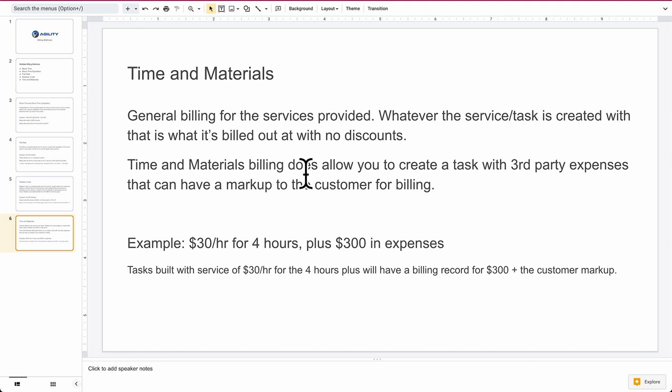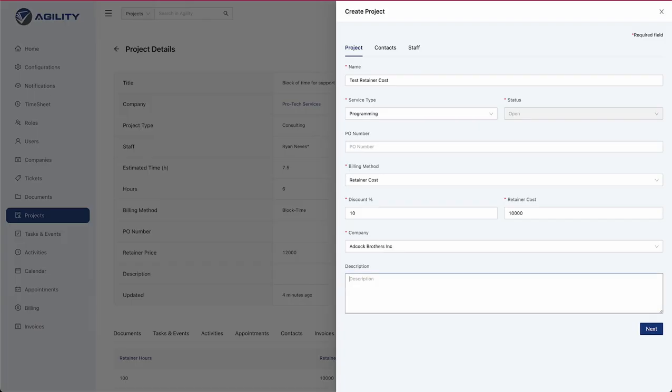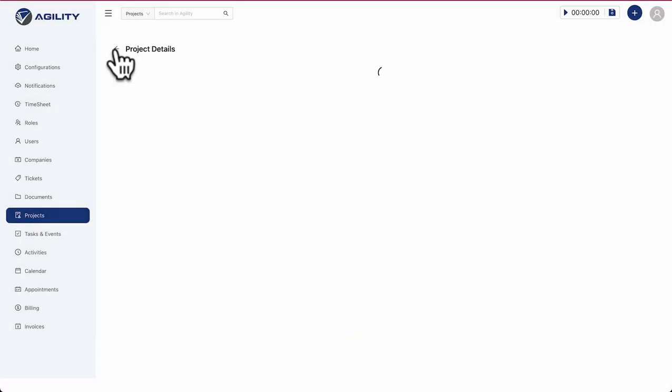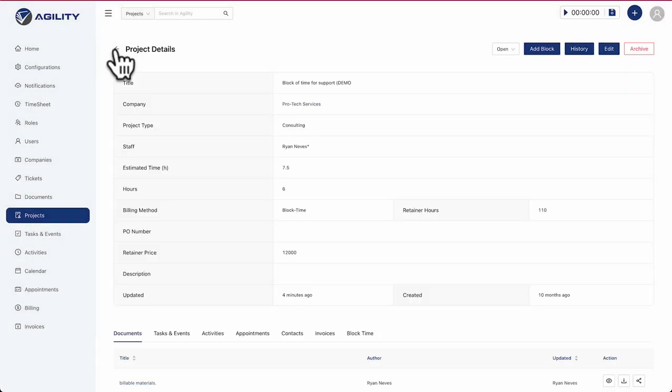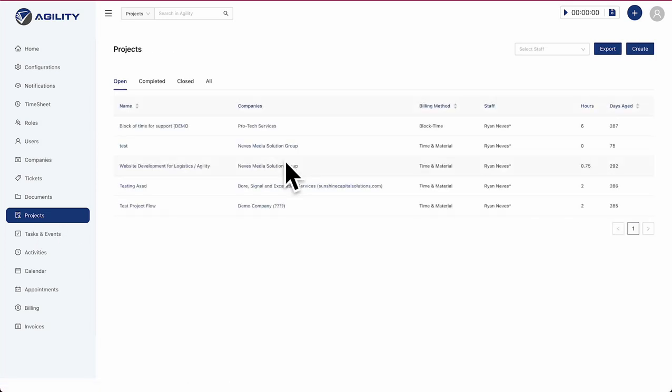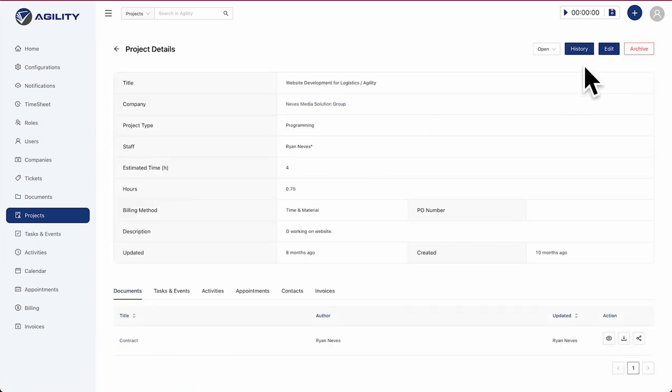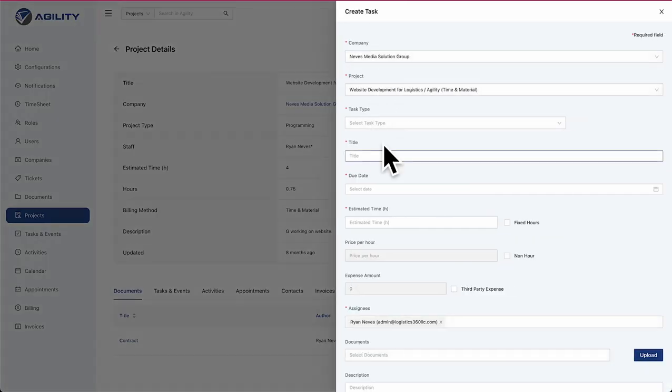Time and materials: just good old time and materials for general billing of services. Whatever the expense is, that's what it gets added up as. We do allow something called third-party expenses in our system, and it's a cool feature that we've come up with. A lot of times we've noticed that somebody will be doing time and materials, but as they're adding a task to do some work, maybe they're doing some